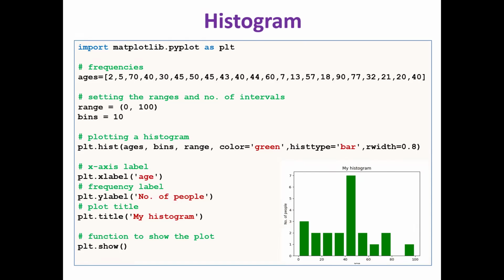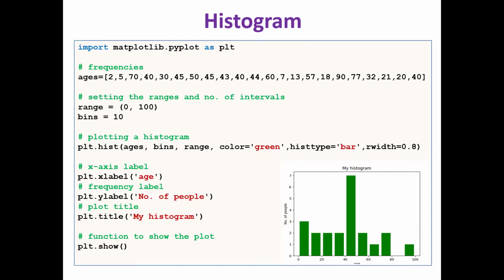According to the bins and range, we are going to have the levels. The color of the histogram bars is given as green. With the help of hist, the histogram is drawn. Similar to bar chart and line chart, label and title are given. Finally, show to display the plot.